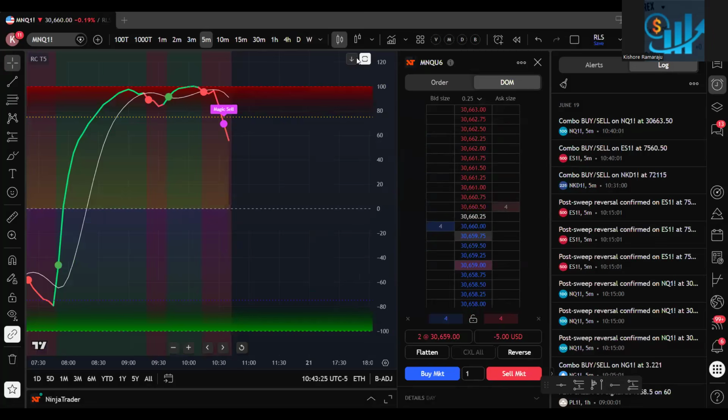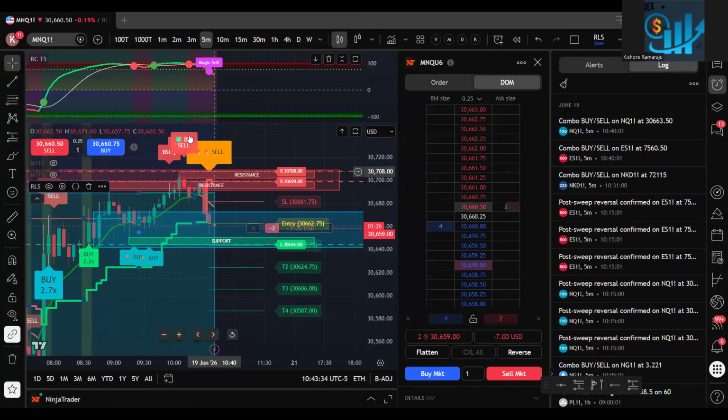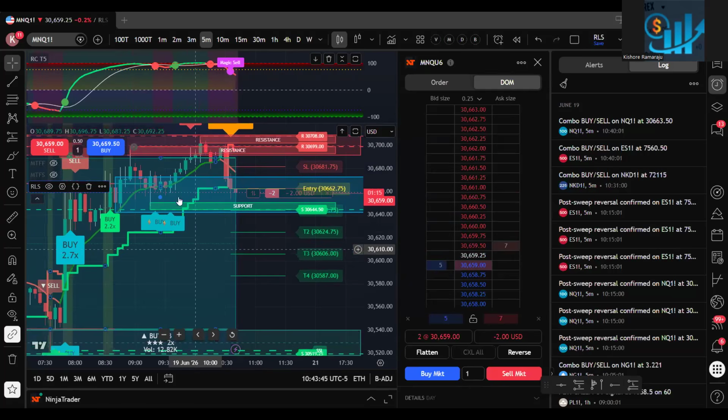So now you also have proper confidence. T5 went all the way to the top. You got a magic sell signal. The more confirmations you have, the more confident you are. You got a BSL, you got a BSL sell, you got a high A plus setup. You have a huge resistance here. So everything aligns. Then you can hold even though there is a small unrealized loss. You don't need to worry about it because different softwares are telling you that price will drop here.